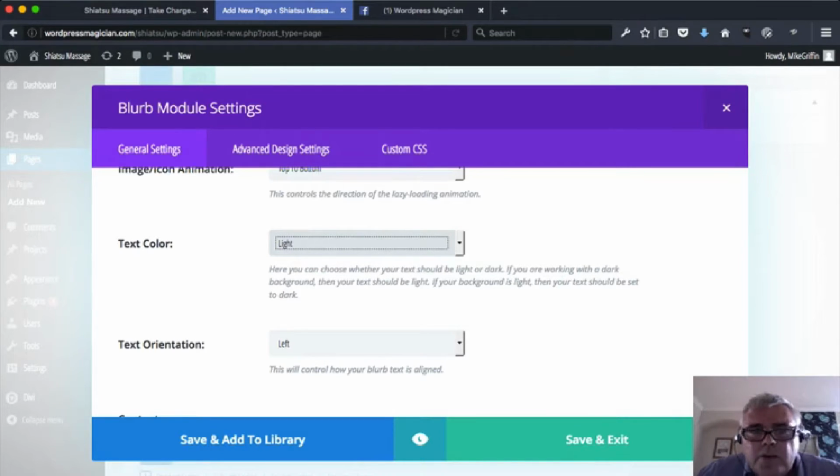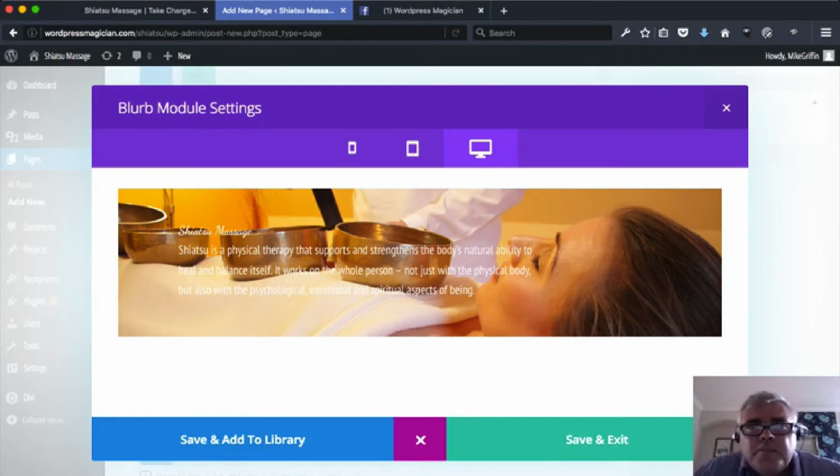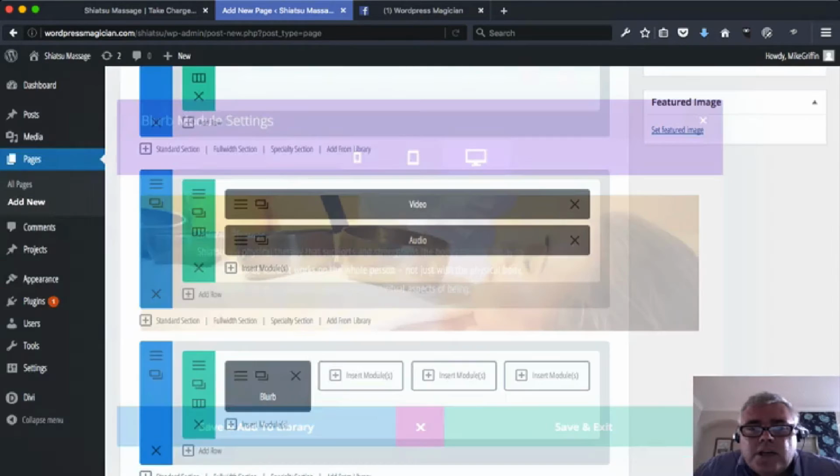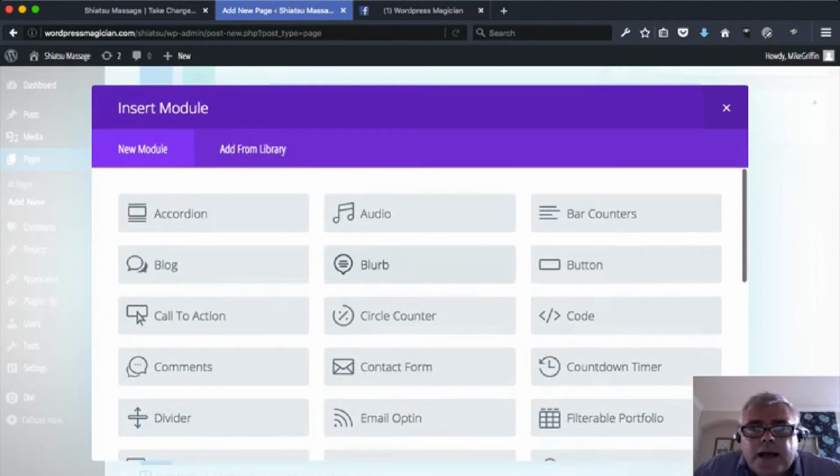I'm hoping you can see just how simple the website building process is. The hardest part of website building is not website building, it's creating content for the website, it's structuring it correctly for the search engines and for your website visitors, and also monetizing that content. The hardest part of it all is marketing the content. And so let's move into the second module, and we're going to add another blurb,